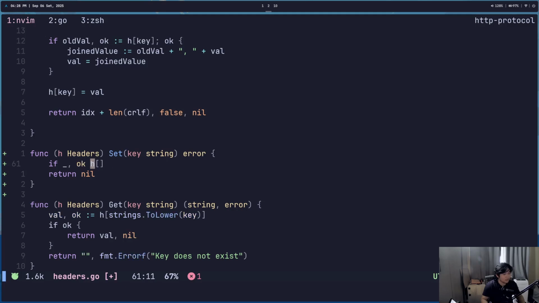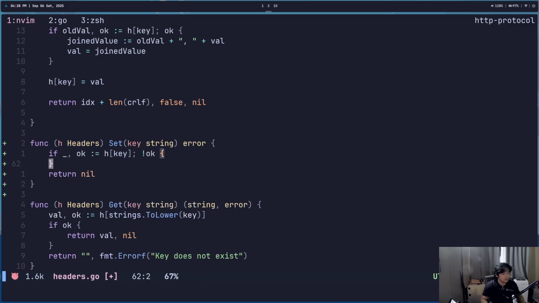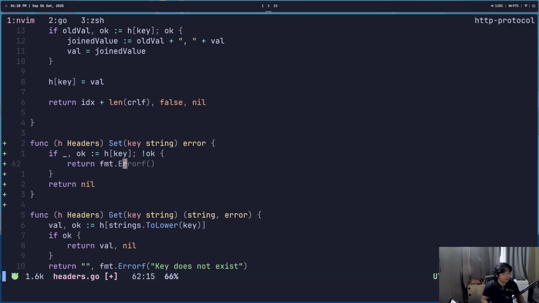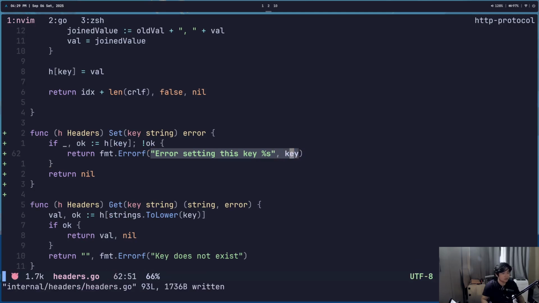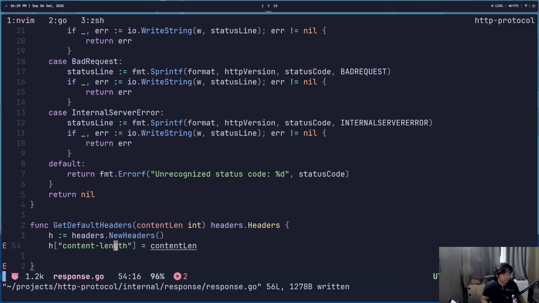I guess okay. Setting the key. Not okay. Return fmt error f, error setting this key %s key. Good on that. And we can just do h dot set